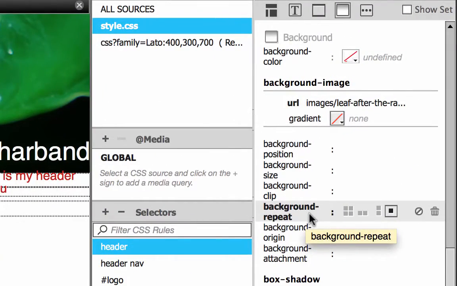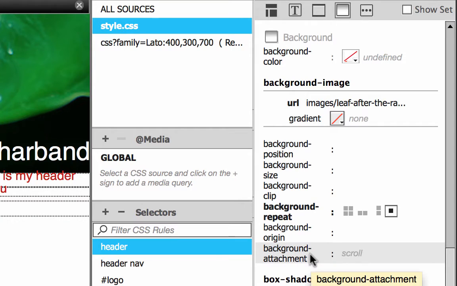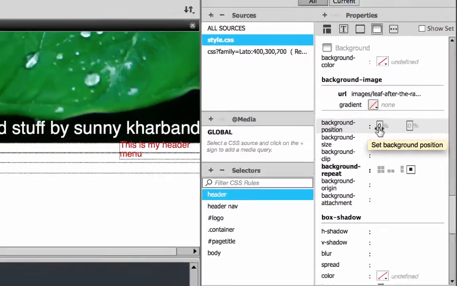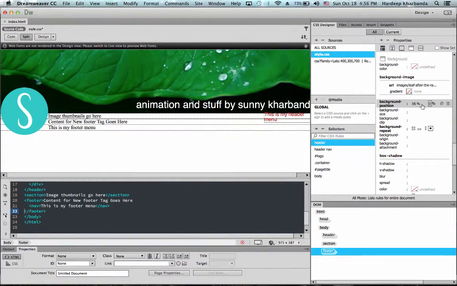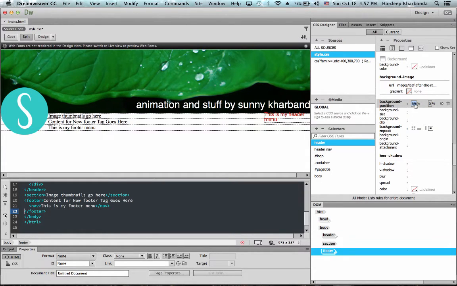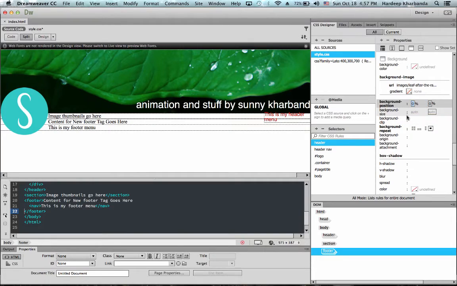Just like background repeat, there are other properties which I can use to adjust my background. First is my position. I can use positioning to move my background around. Since my background is larger than my window at this point, I have some room to play around with my positioning. I'm going to take it back to 0.